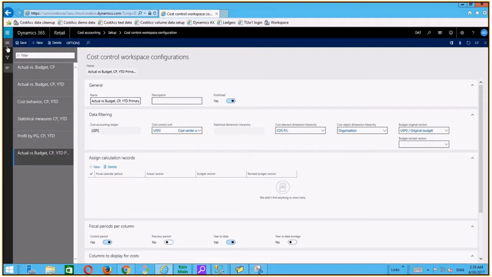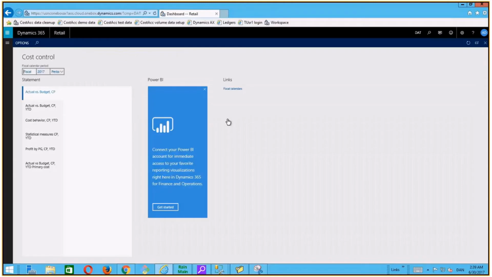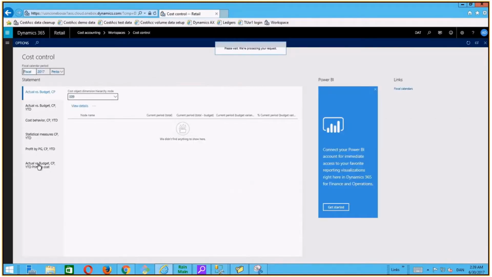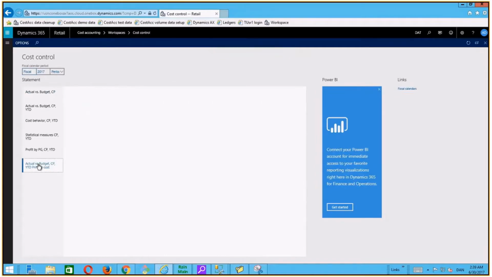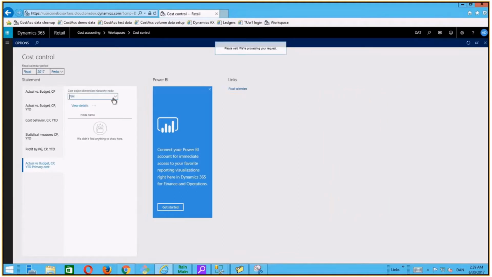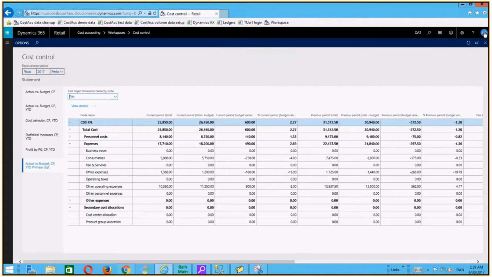And if I go as an administrator to the cost control workspace, down here, we can see, because I'm logged in as an admin in this case, that I have actually full access to the organization hierarchy.